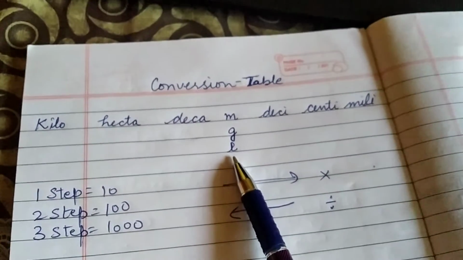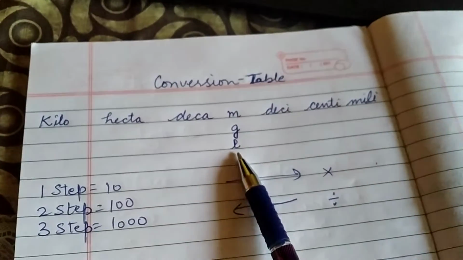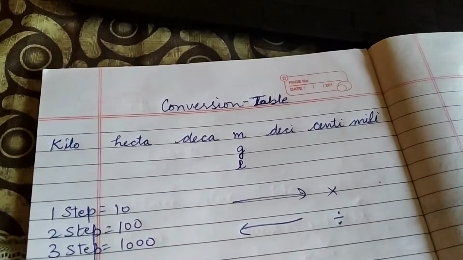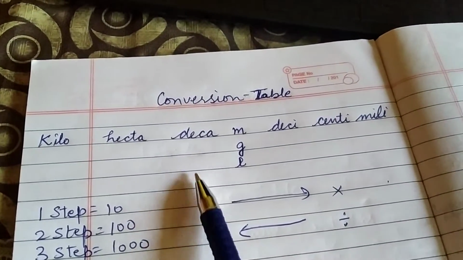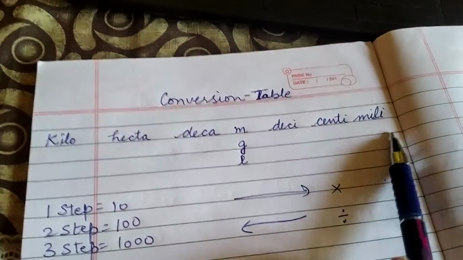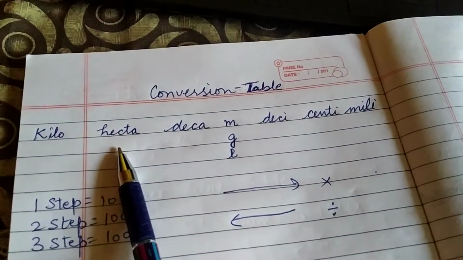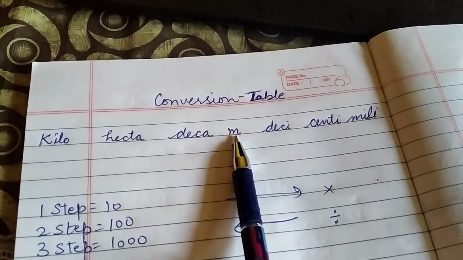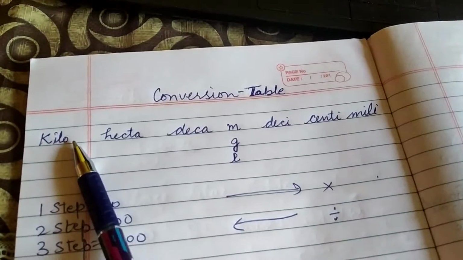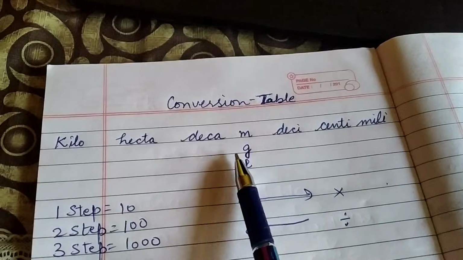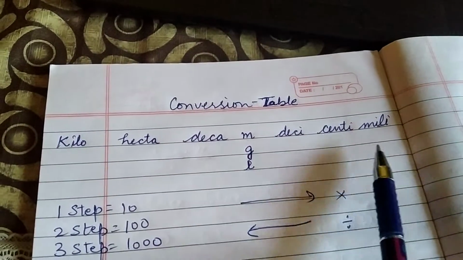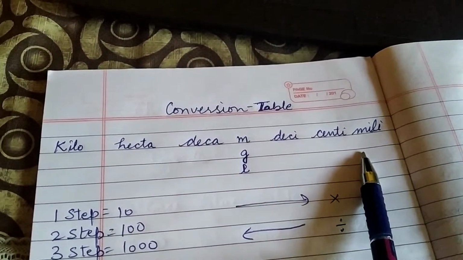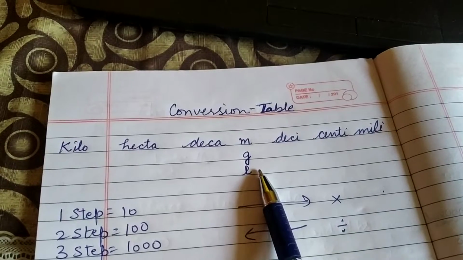Now when we have to convert them, basically we follow this table, which is known as the conversion table. In this we have basically 7 categories, 3 on one side and 3 on the other side. You have to learn it in the same way, in the same order. We keep the unit in between. The biggest unit is kilo, then hecta, then deca. After unit we have deci, centi, milli. Means kilometer, hectometer, decameter, decimeter, centimeter, millimeter. Same with grams and liters also.